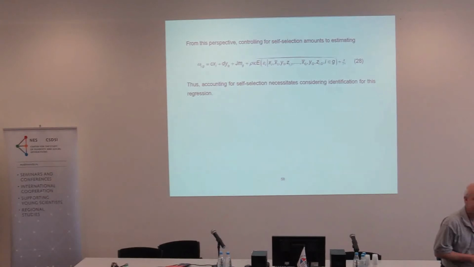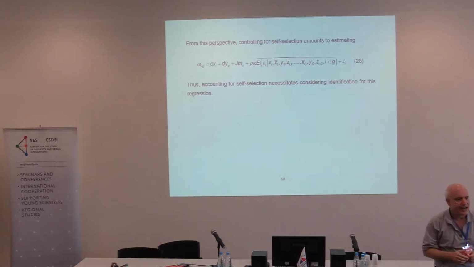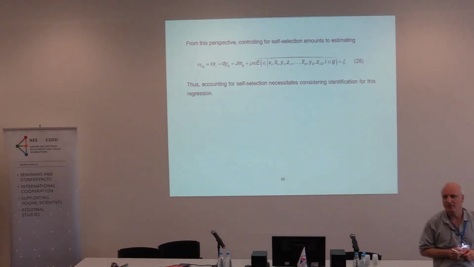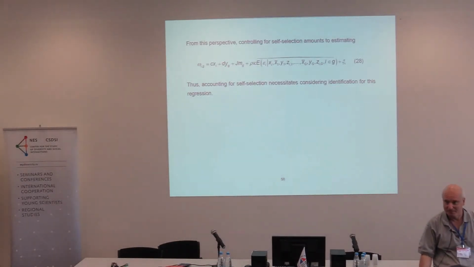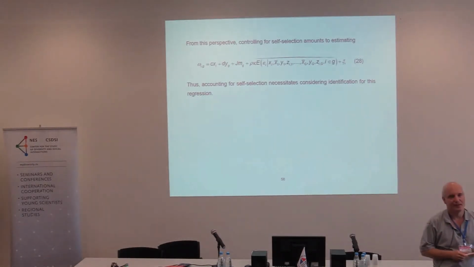So now consider the following. Suppose that y equals x bar. Everybody with me? That was the bad case. If y equals x bar, in the absence of self-selection, is the model identified? No. That was the case I went through. That was the reflection problem. Suppose that y equals x bar, and there is self-selection. Is the model identified? Yes.